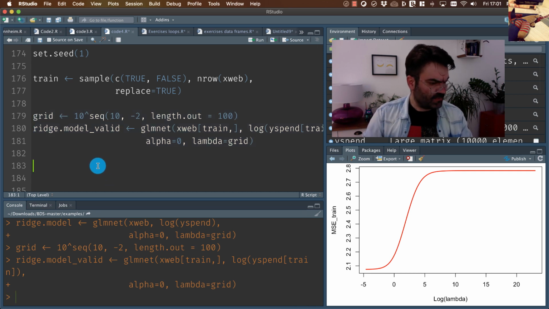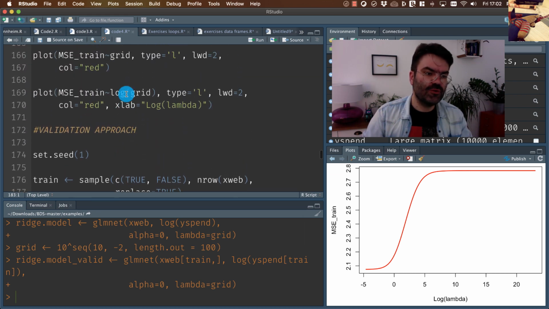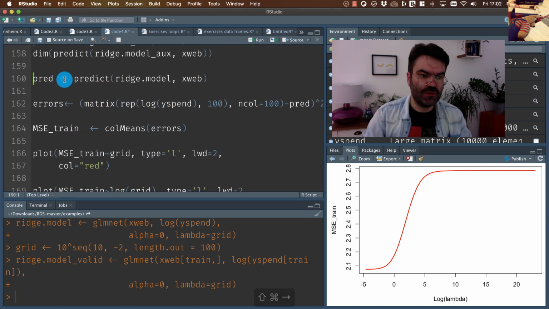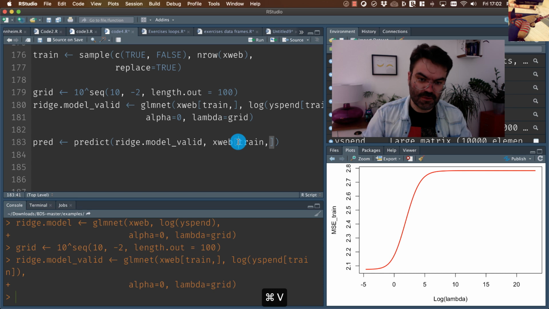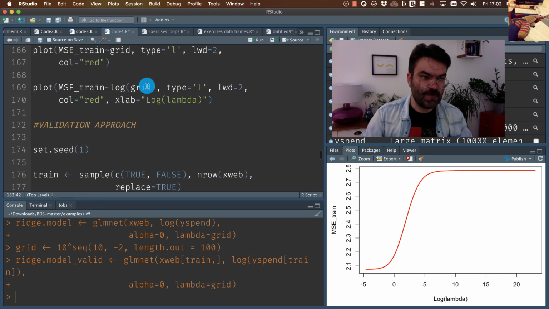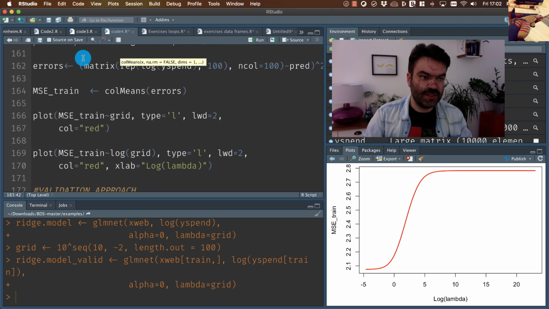So now we want to make predictions of our ridge model on the validation set, using all other observations, so here I put an exclamation mark. And prediction. And to compute MSE on the validation set,